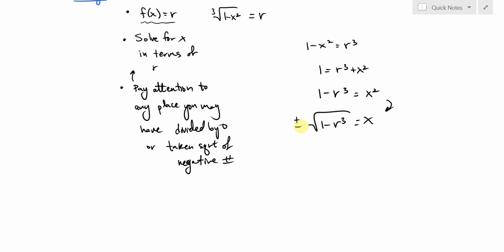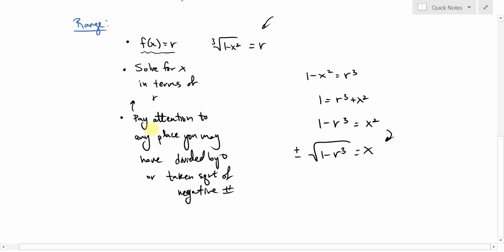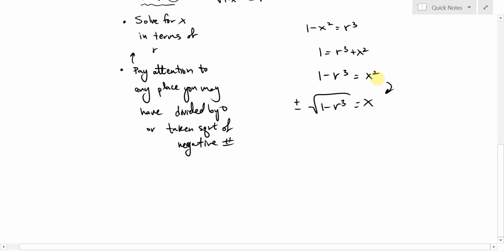We're not so interested in actually solving the equation. We just want to know that the equation can be solved, because what does it mean for you to be in the range of something? It means that there's some value of x for which f of x is equal to you. There's some value x you can plug in to get this value r out. So at this point, what we notice is, hey, wait a minute, at this stage we have to take the square root of a number, and it would be really, really bad if this number inside the square root was negative,